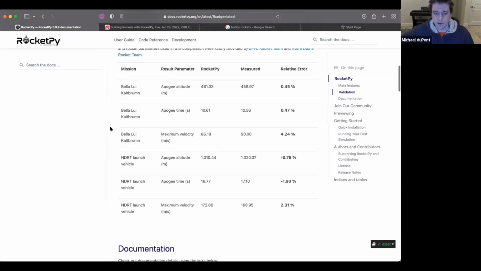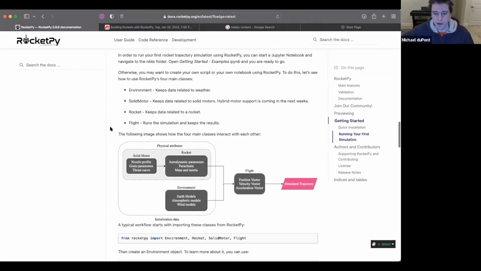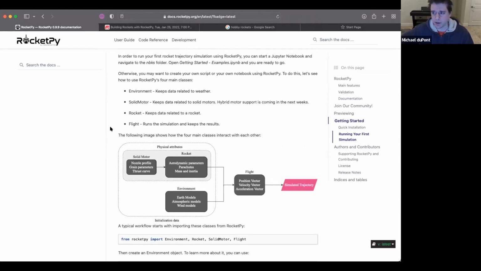What this allows us to do is use Python to completely simulate everything necessary to calculate pretty accurate trajectories. You can see just based on their documentation here, not only do we build the rocket, so having the rocket motor, the nozzles, parachutes, nose cone, how many fins you have on there,